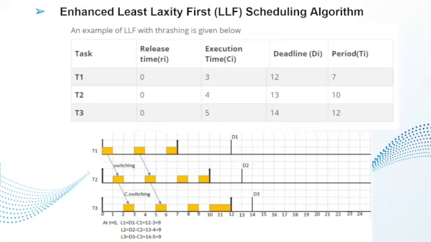The algorithm is good for avoiding transient overload and the domino effect occurring in the EDF. But it also has a shortcoming, which is trashing. When more than one task hits the least laxity, this phenomenon of trashing occurs. Trashing is the behavior of preemption by the task at each time.